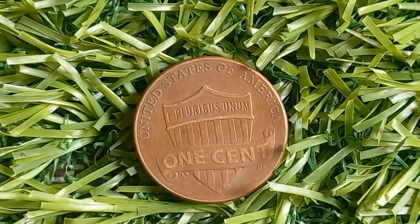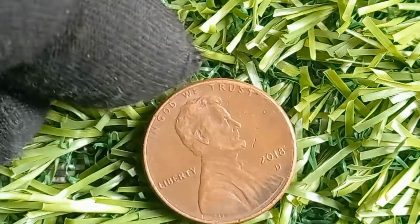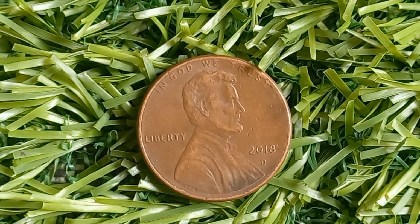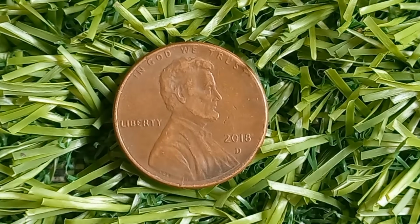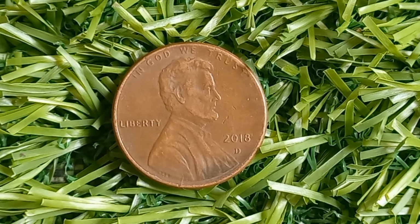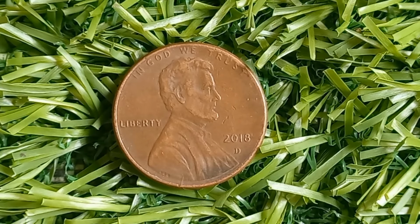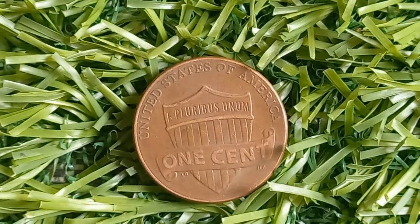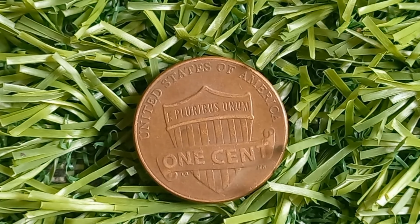So, what makes the 2018 D penny valuable? One of the primary factors that can make a coin like this worth more is its condition or grade. Coins are graded on a scale from 1 to 70, with 70 being a flawless coin. A coin in the highest grades, like mint state 68 or 69, can command a premium because of its near-perfect condition. For a 2018 D Lincoln penny to be worth a significant amount, it would need to be in one of these top grades. Coins that are graded as high as MS68 or MS69 are rare because they are practically flawless, with no visible wear, scratches, or